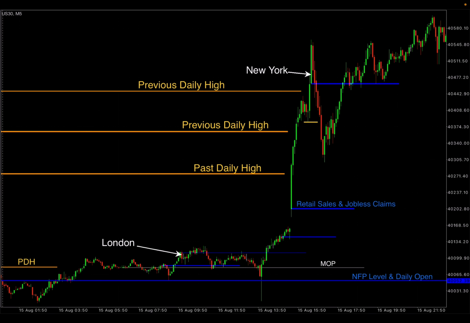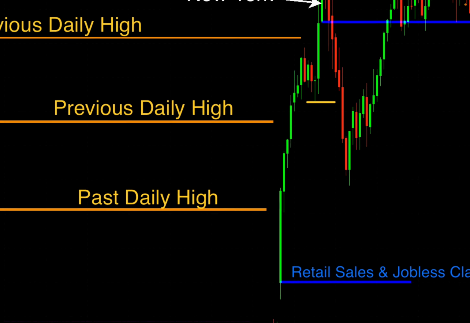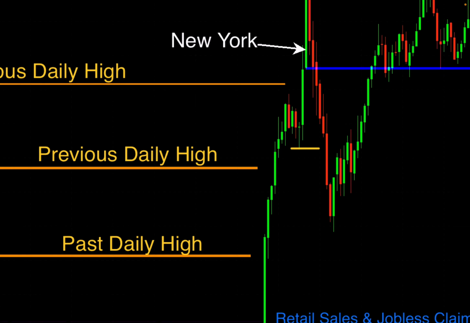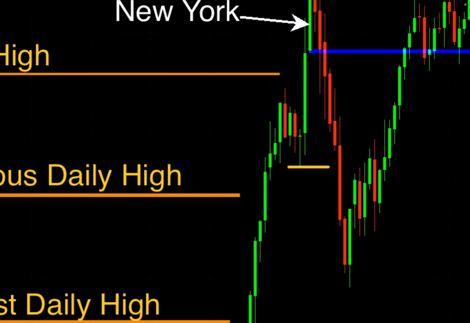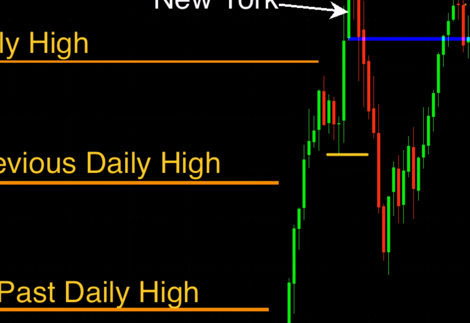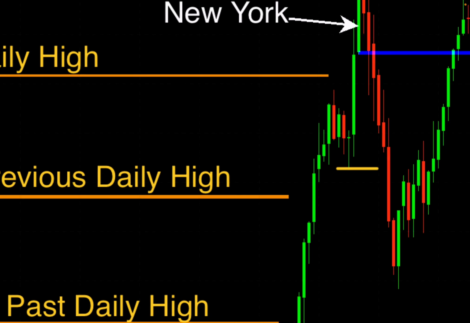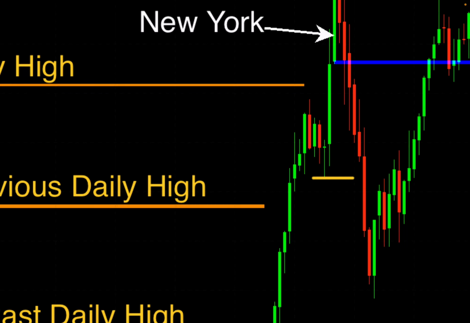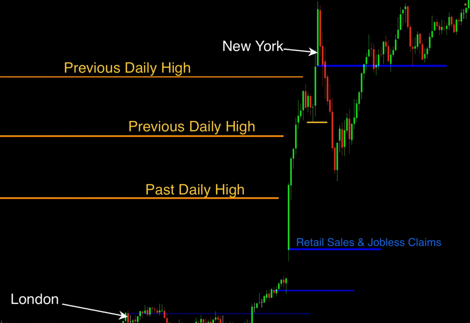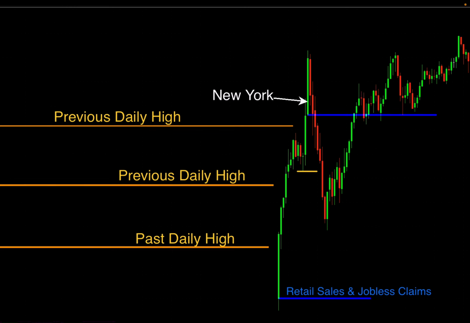So I'm going to stay on this chart picture, and you can see here we go past daily highs. Each time price goes above that, you'd be looking for rejection. And as you can see here on the green candles, price just keeps going up and up with no sign of reversal. Here is the first sign. You might have got in a failed sell attempt here because it's taken the previous daily high and it's showing you some sort of resistance for a turnaround. And what you'd be looking to do is to sell towards the gap down here.